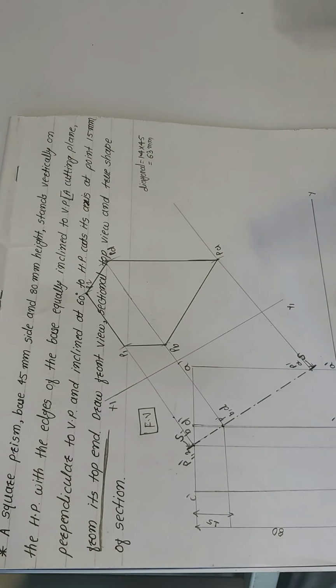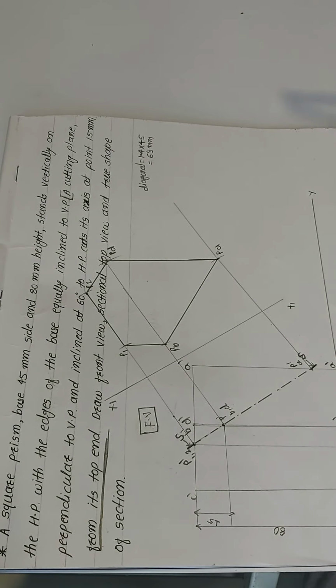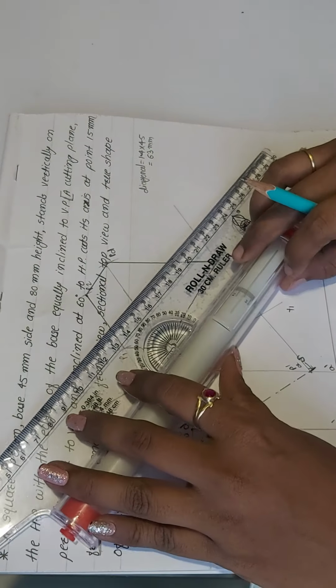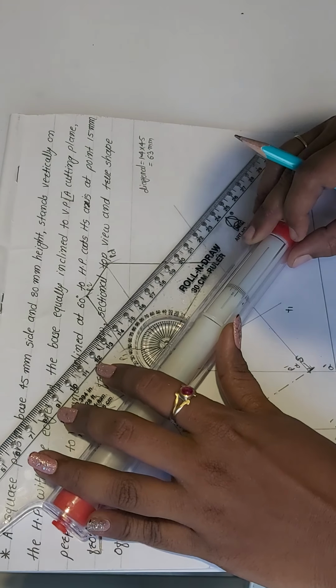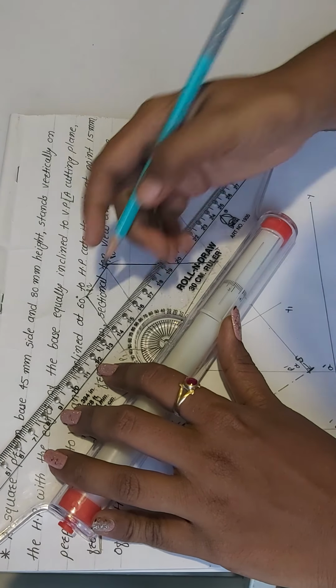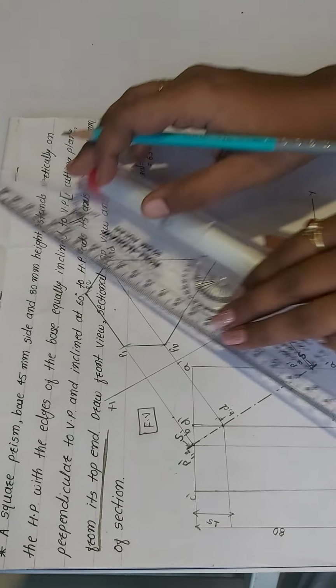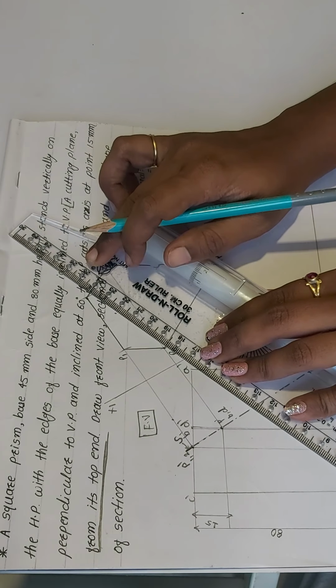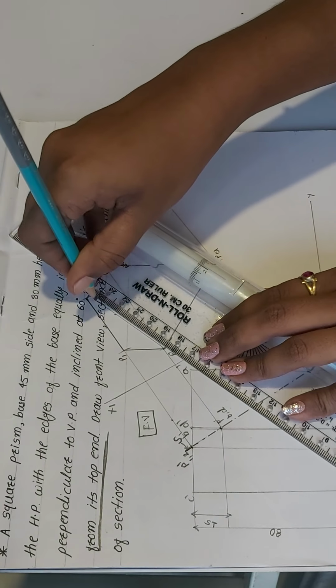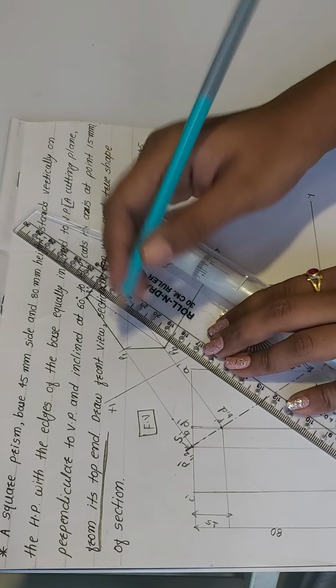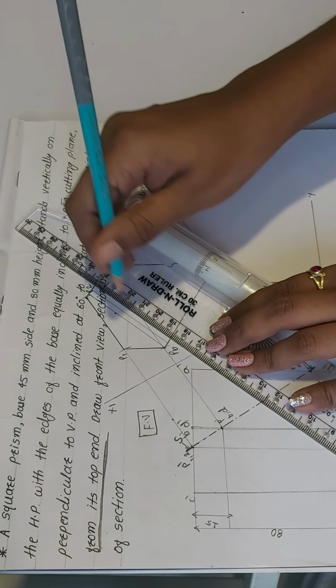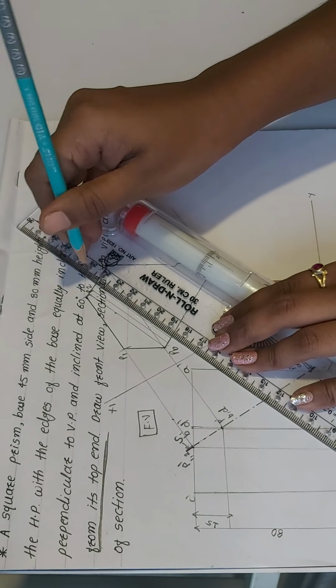For completing this view, you should draw hatching lines on that particular shape. For that, you have to put your angle protector on any one point and take a 90-degree angle like this. I am going to put my angle protector on PB. Here is my 90-degree angle. Join this point with your reference line. According to this, you can complete the overall hatching lines for this particular view.